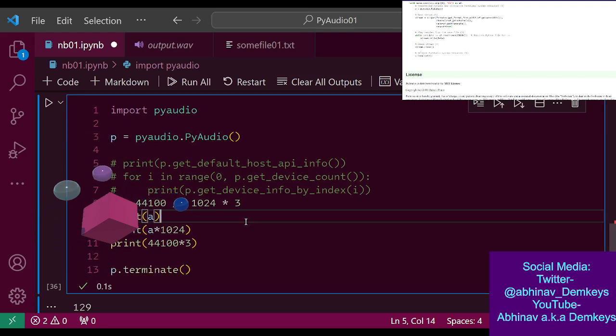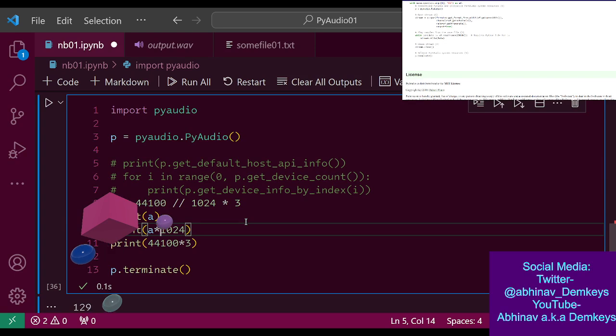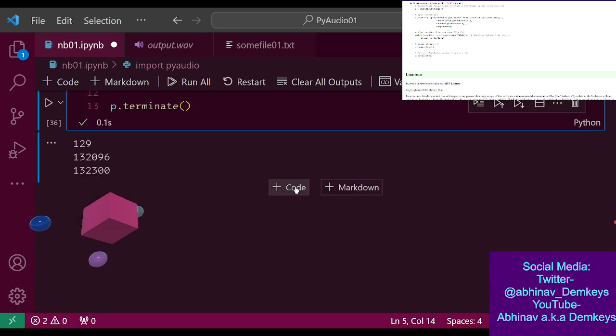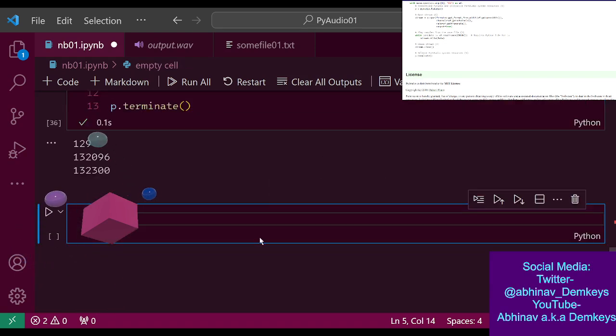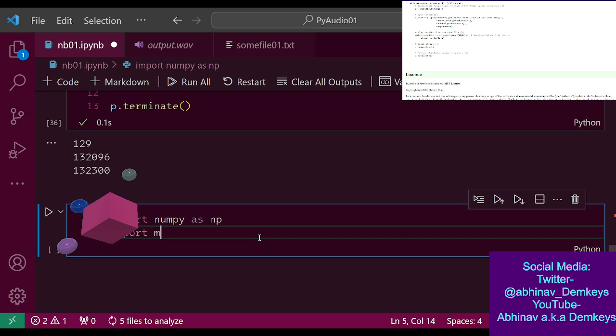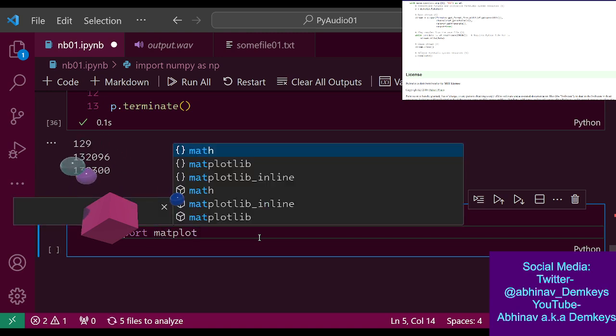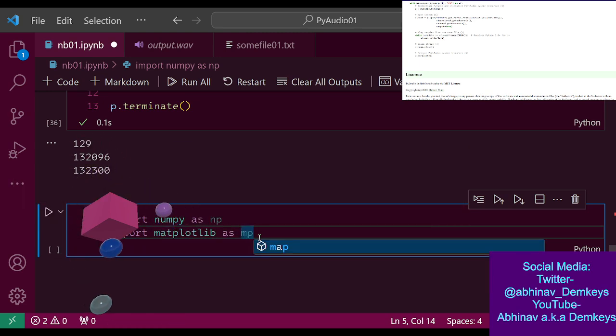I think I can use this cell. Nah, let's create a new cell. Okay, so let's import NumPy as NP. Let's import matplotlib as MP.